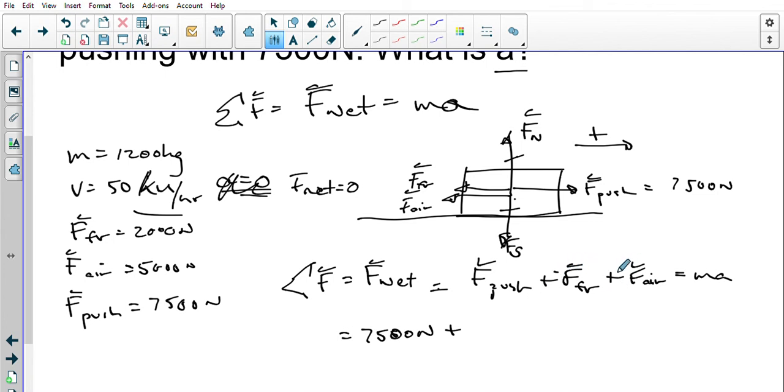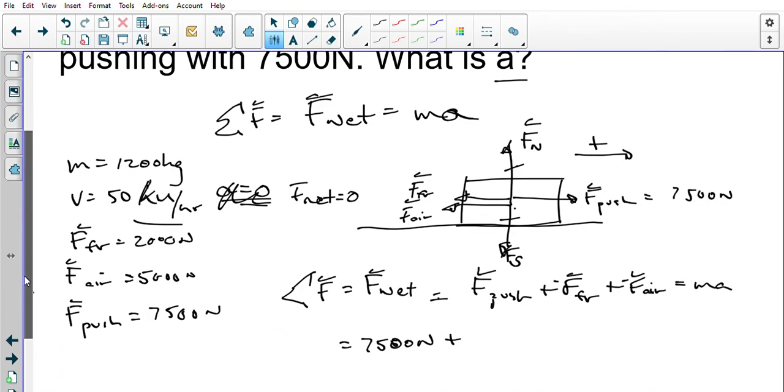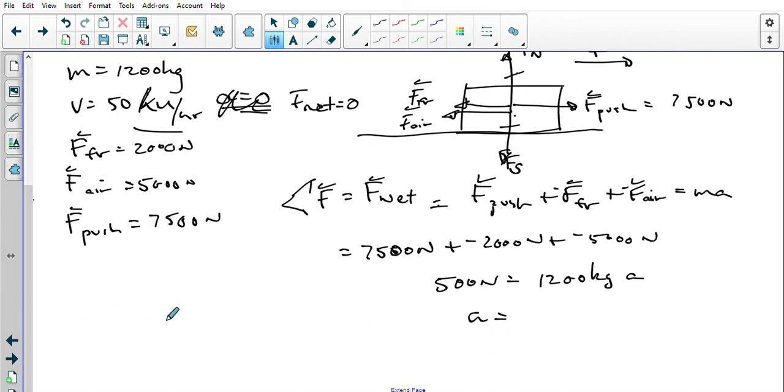We should probably say this is a negative friction and negative air. So we have a force of friction that's negative 2,000 and a negative 5,000 newtons. And so this is going to be 500 newtons is equal to our mass times A, and our mass is 1,200 kilograms, and we're looking for A. And so when we solve for A in this,